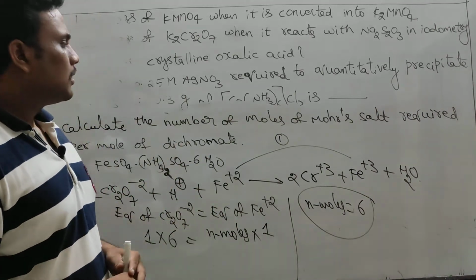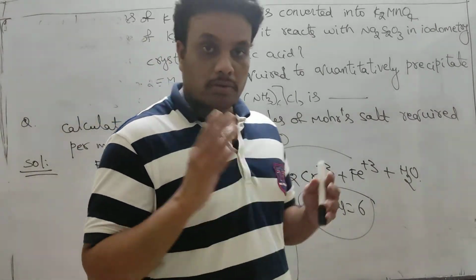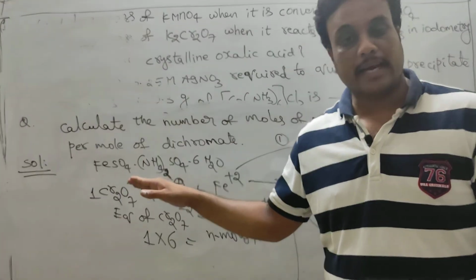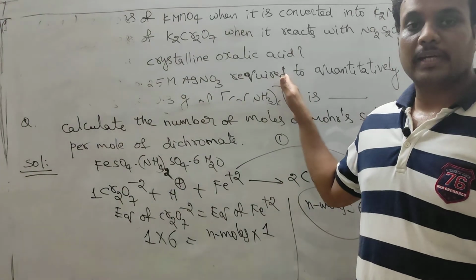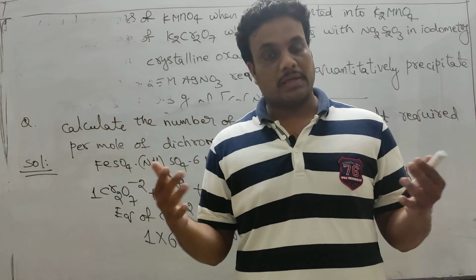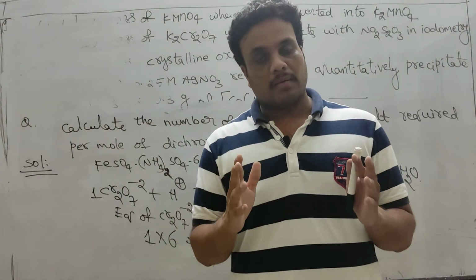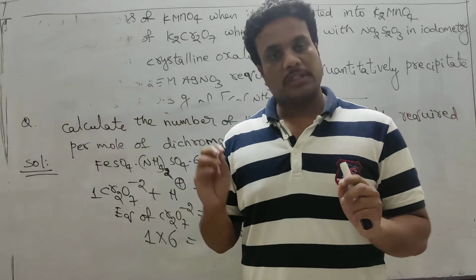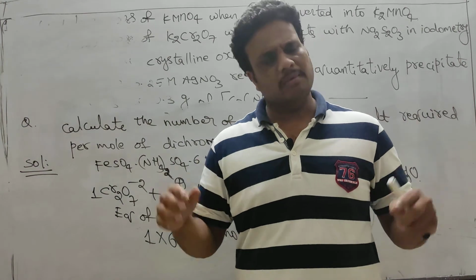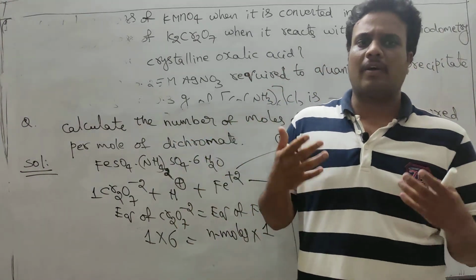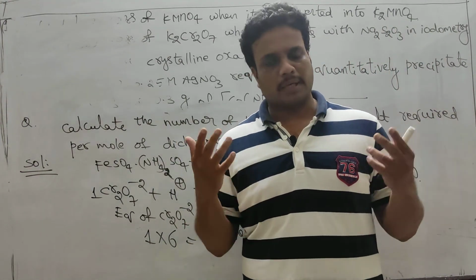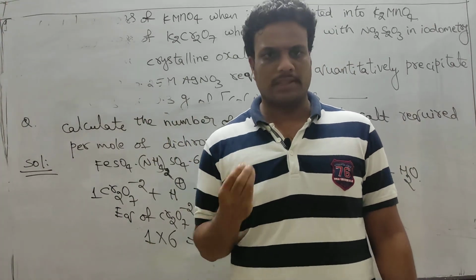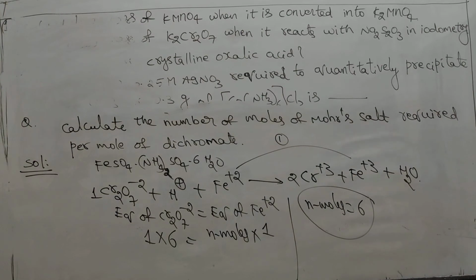Okay, so these are some important questions. You have already seen this is a redox reaction, and the previous ones were acid base reaction and precipitation reaction. So in various reactions, the formula or the relation should be the same. Okay, so this is a very, very important model, sir. I mean, many other questions have also been asked in competitive examinations, but I have taken 5 to 6 examples of how to solve this. Okay, so thank you very much for watching my video.